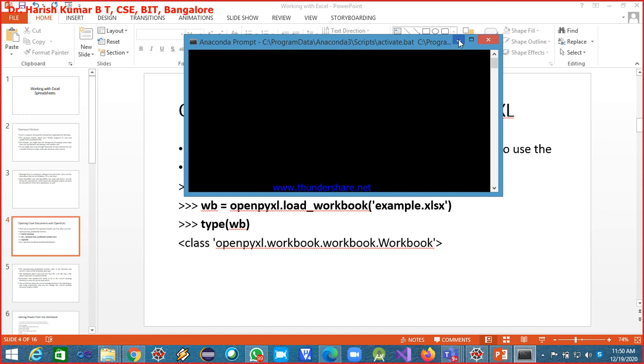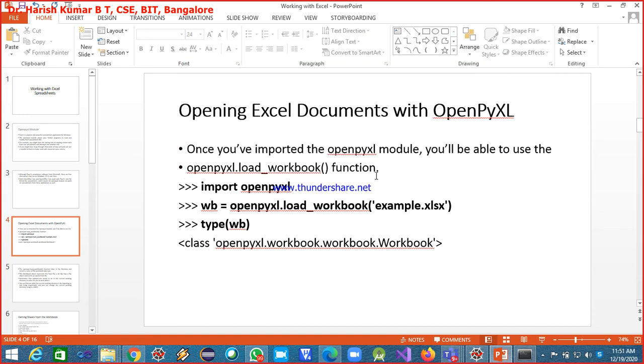Okay, it's taking some time. So open Anaconda prompt and then just say the command pip install openpyxl. It will install the module.